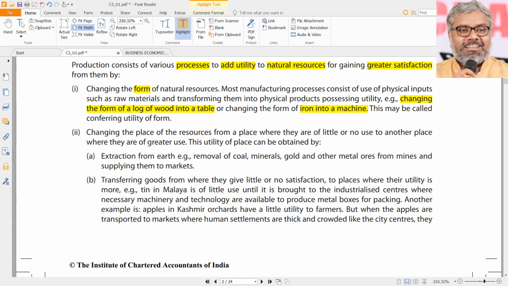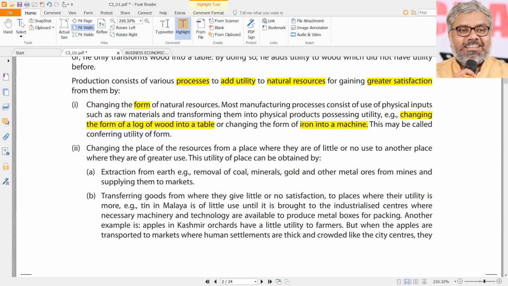That is called form utility, and that is possible because of technology, because of human civilization, where we learned from experience how to convert these natural resources into something more useful. Iron ore, what are we going to do with that? But that iron is converted into how many things daily? You just look around, most of the things in front of you are made of iron, or have some iron, even a nail. But iron ore by itself is not going to have any usefulness to us. So the process of converting that iron ore into the final product that is useful for us is production.